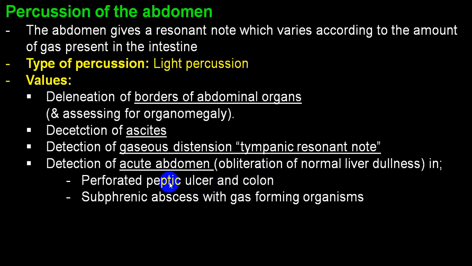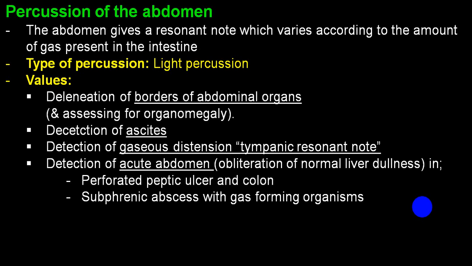Perforation in the stomach will be because of gastric ulcer. In the duodenum, you will have a duodenal ulcer perforation. In the small intestine, typhoid ulcer perforation. And in the colon, very frequently you will have a perforation secondary to inflammatory disorders like Crohn's disease, sometimes in ulcerative colitis, or even because of some procedures during colonoscopy or sigmoidoscopy. You can have a perforation, or even sometimes it can be secondary to traumatic injury.